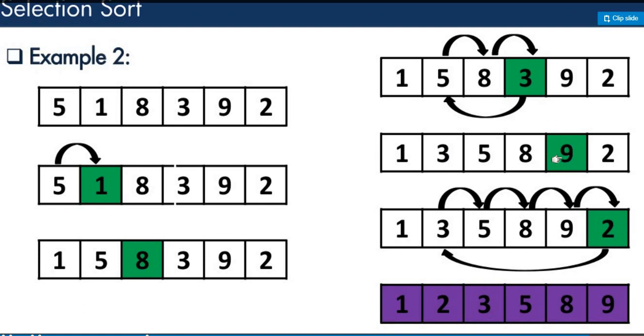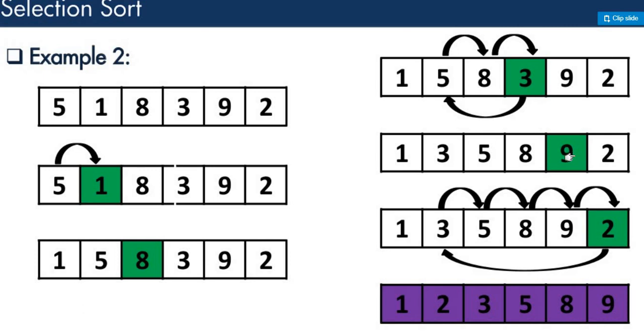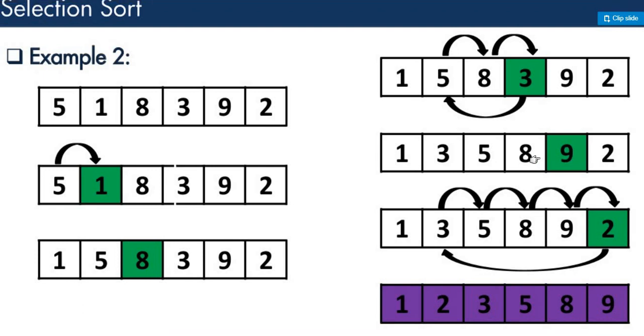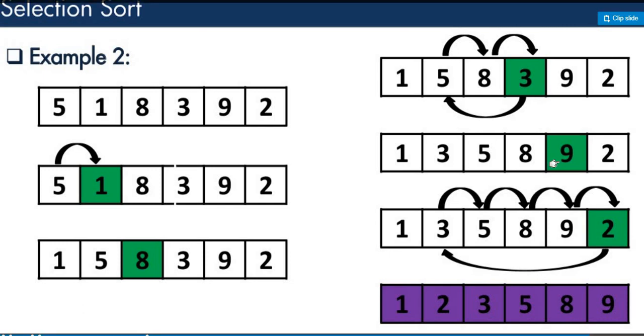Now we'll choose the next element. That next element is 9, and it will be compared with all 4 elements from the previous list, which are sorted here. 9 will be compared with all 4 elements, but 9 is greater than this 8, that is the biggest element from the list. So that will be placed at the end. That means after the 4th element it will be placed. You can see that the sorted list will be 1, 3, 5, 8 and 9.